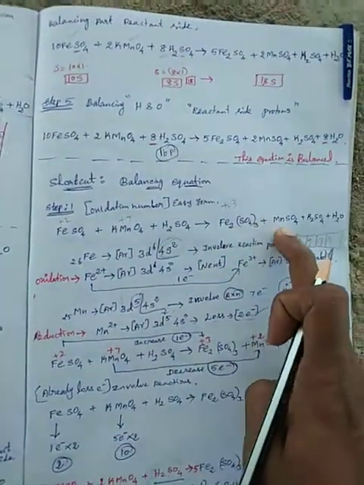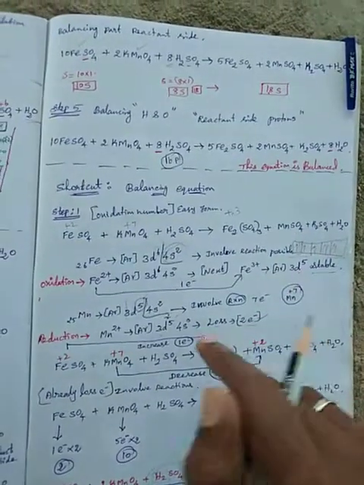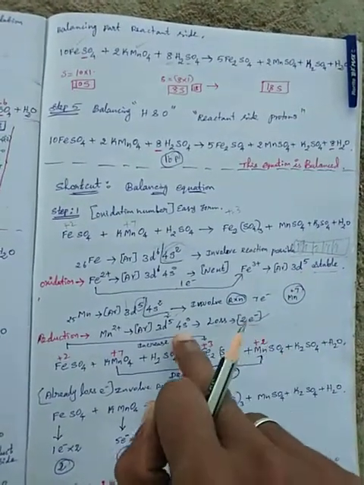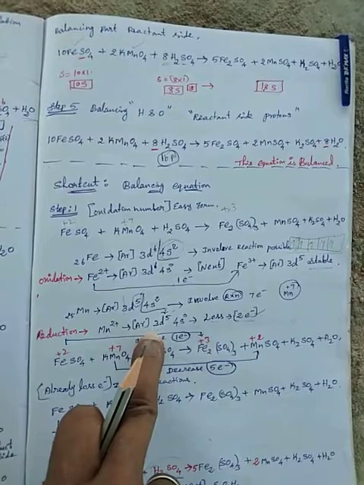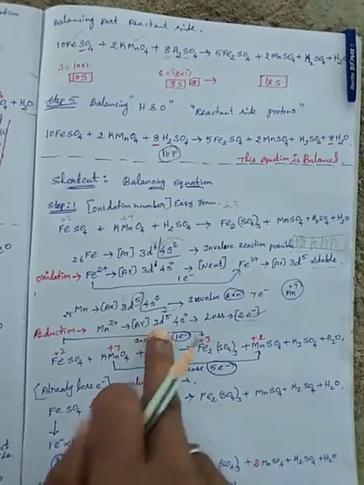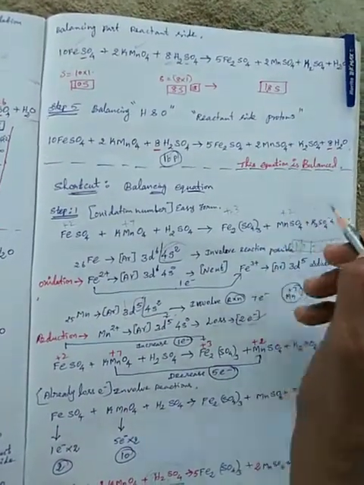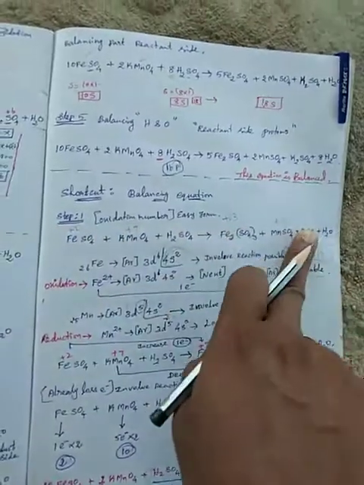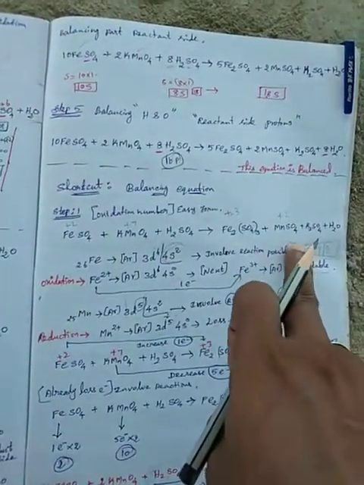So here, as already known, loss of electrons means only 2 electrons are lost, 5 electrons are gained, so 5 electrons are gained means only a loss of +2, students.